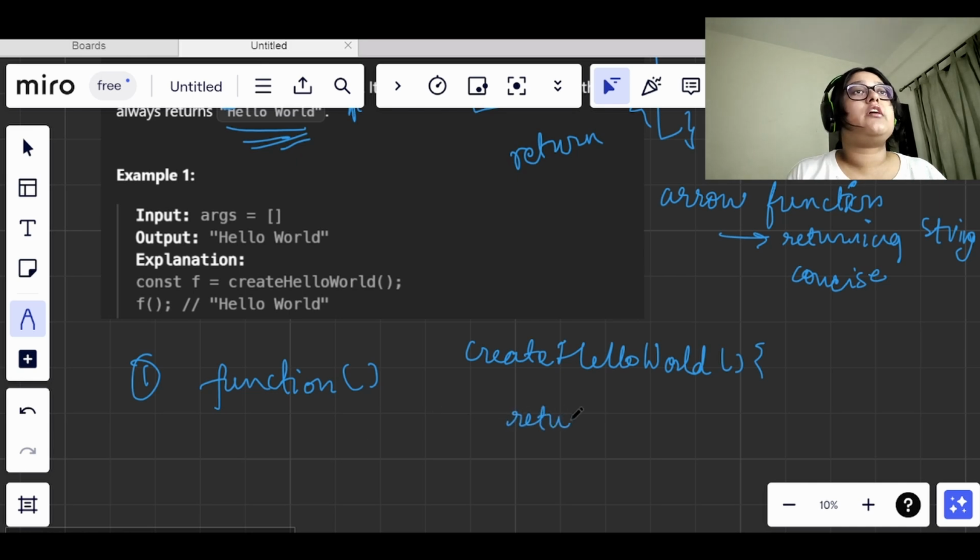So this will return function. We don't even need to give a name here, right? Because we need to create a reference in such a way that whenever this create hello world will be called, it will just return hello world.